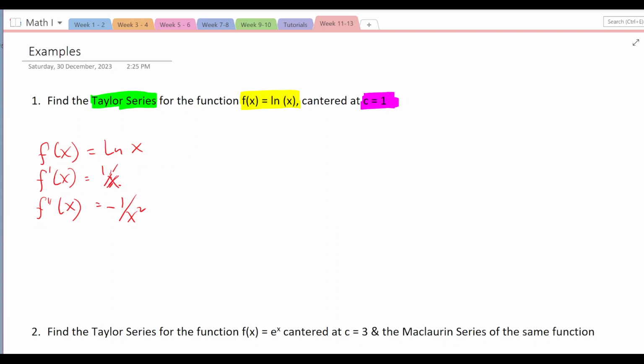1 over x, sorry guys, it's a mess. 1 over x, and then the negative second derivative: basically you can say x to the power of minus 1, therefore the second derivative is simply negative 1 x to the minus 2 if you want. Okay, same thing. And then the third derivative of the original function, just continue on.